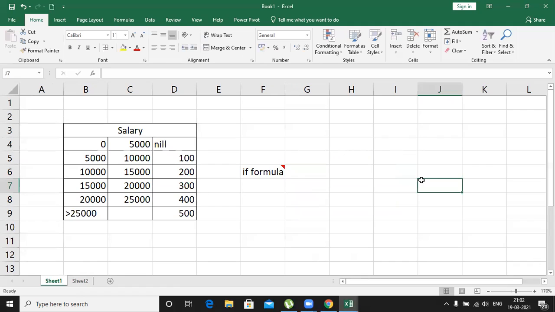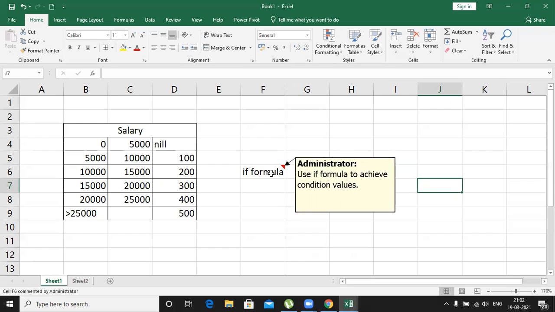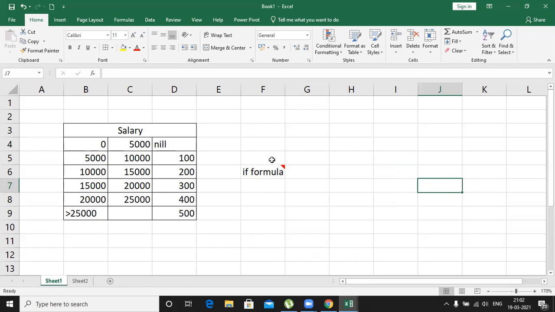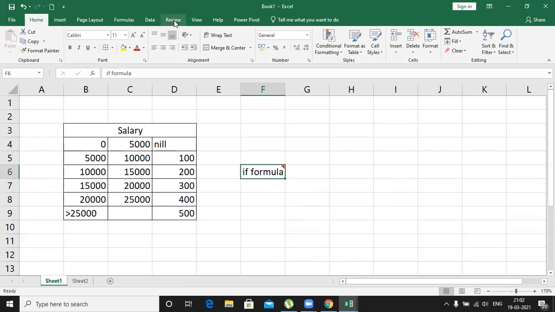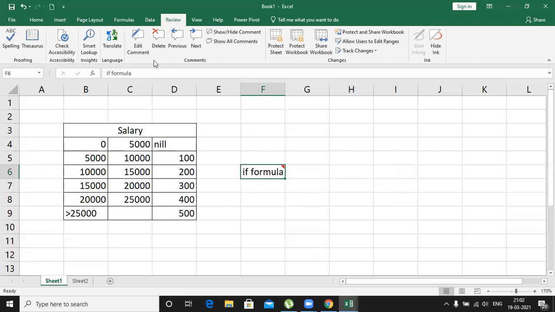Now you click outside, and the comment disappears. Again, place the cursor, and it will show; move away, and it will hide. So very simple. You can also go to the Review tab, where I have an option for commenting.